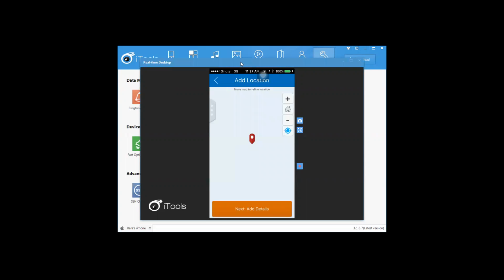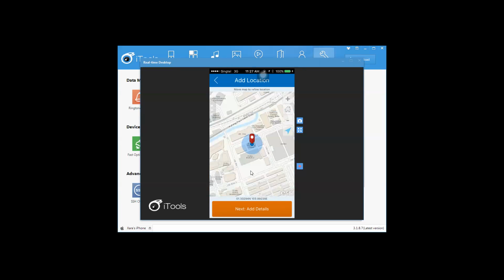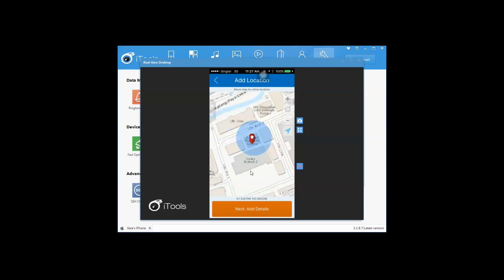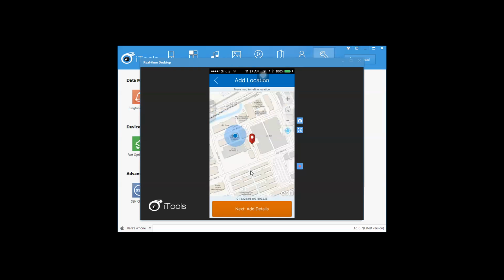So after tapping on there, if you have your GPS enabled within the device that you are accessing the application from, it should be able to zoom immediately to wherever you are on the surface of the Earth. Now, as you can see, I'm right here at the SU Singapore headquarters, and I can either make use of this particular point, or I can also navigate around the map to move my point accordingly.